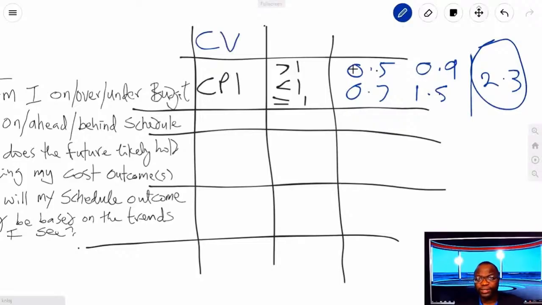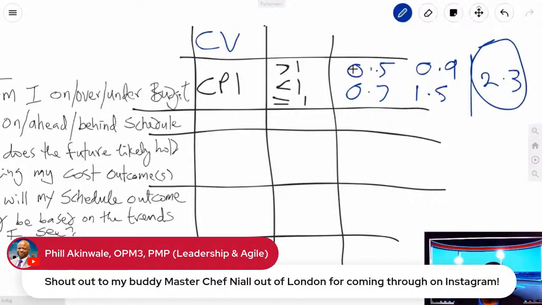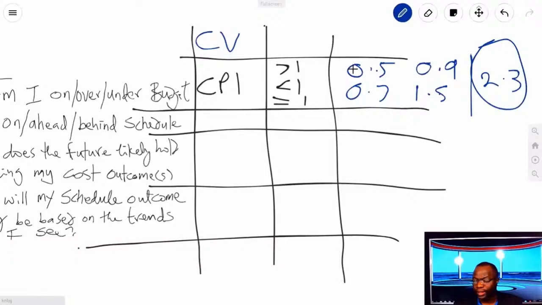Now, your cost variance, as the name implies, you're subtracting something, right? You're subtracting your actual cost from your earned value, okay? But I'm going to cover all of that later on. But you need to know for your exam, if CV is equal to 0, what does it mean? If CV is less than or greater than 0, what does it mean? What does greater than 0 mean? What does less than 0 mean? Anything equal to 0 is on target. Anything greater than 0 means you got some Benjamins sitting somewhere.